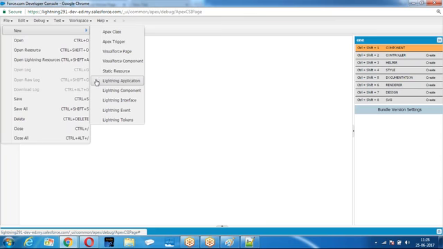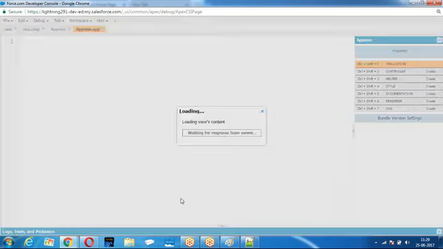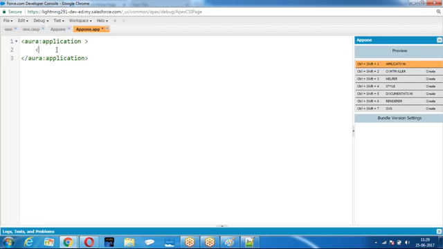Go to the new Lightning application. Now, if you have any namespace, it should be namespace colon component name. This is how I have created it. But did we create any namespace? We have not created any namespace. As you have not created a namespace, then we have to use